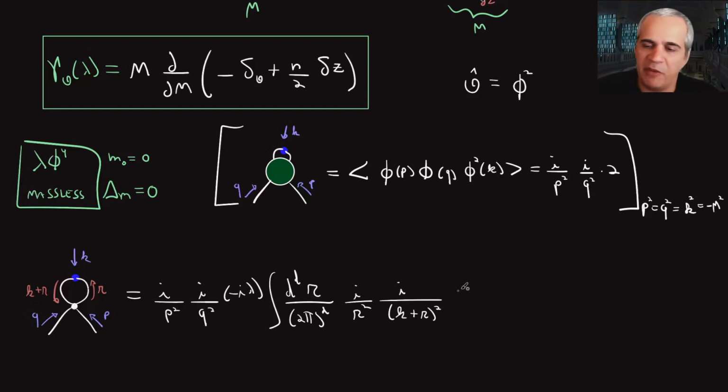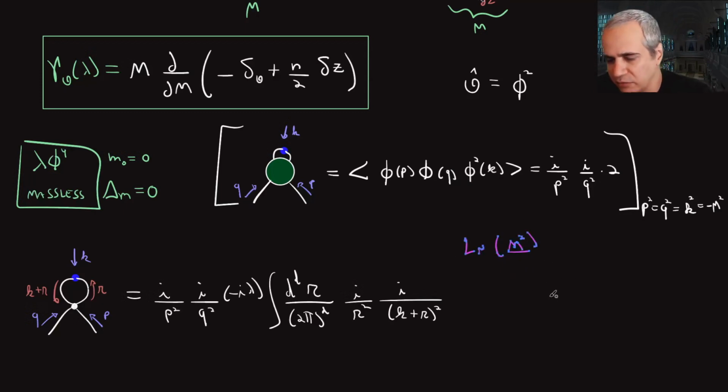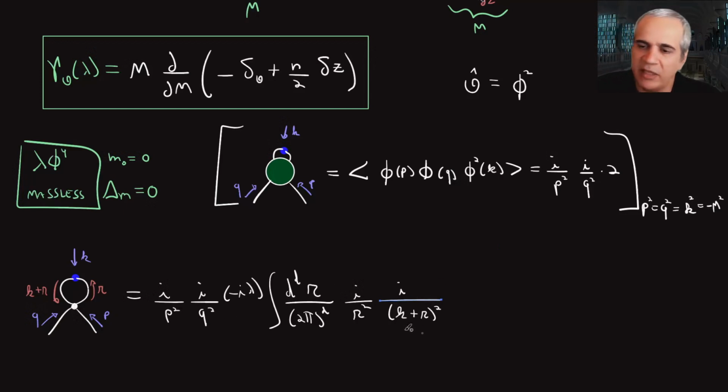That will keep things clean, and the price to pay is that sometimes we'll have log of dimensionful quantities like that. But it's implicit that you should have a mu squared there, which I'm not putting in just to save us from writing stuff that will disappear at the end. In this scheme, it just goes away, right? Now we need to do this integral. It's the same tricks as always. I'm not doing that in detail, right?